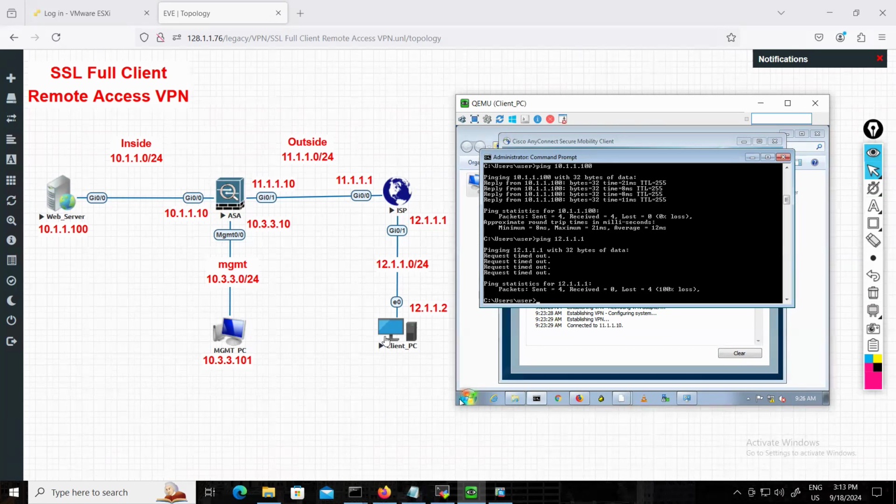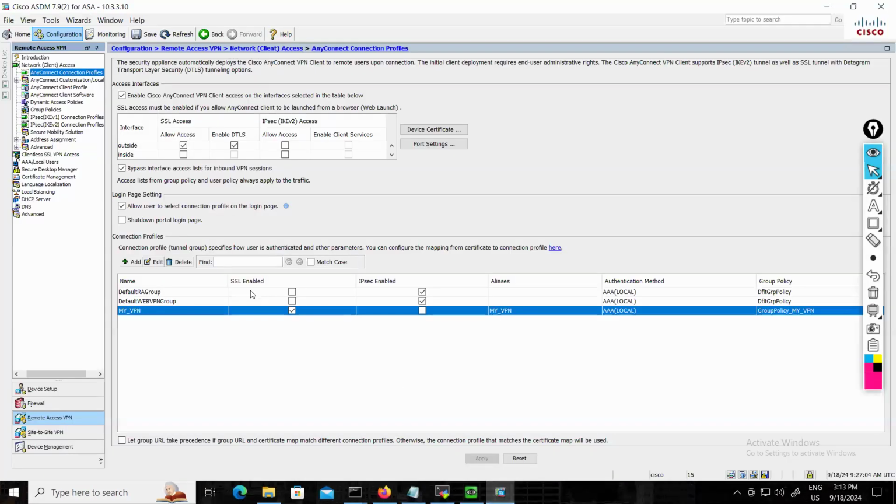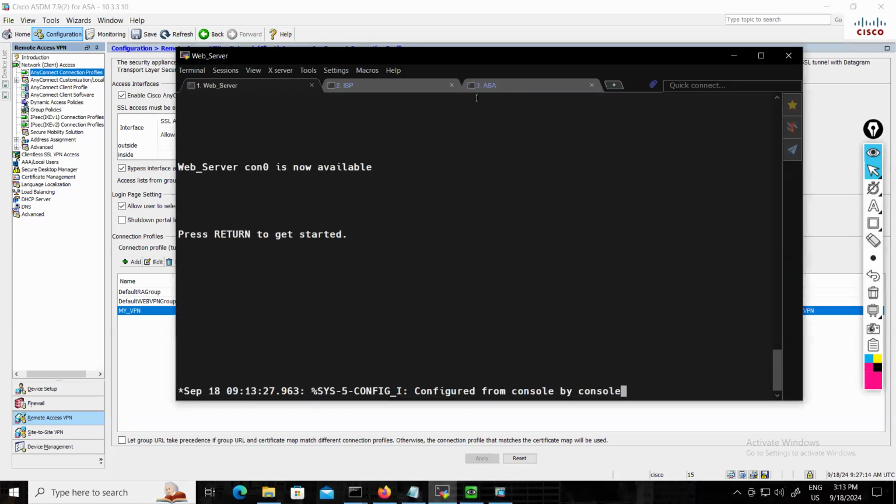You want some of your traffic to pass through the tunnel, but the rest of your traffic should go directly to the ISP. That means you want to use the tunnel only when you're communicating with the company network. That traffic you want to go to the company side. Is that clear? So what we will do now is perform split tunneling here. Okay. So how will you perform it? Just go to the ASDM. Okay. And before going with the split tunneling concept, let me show you some